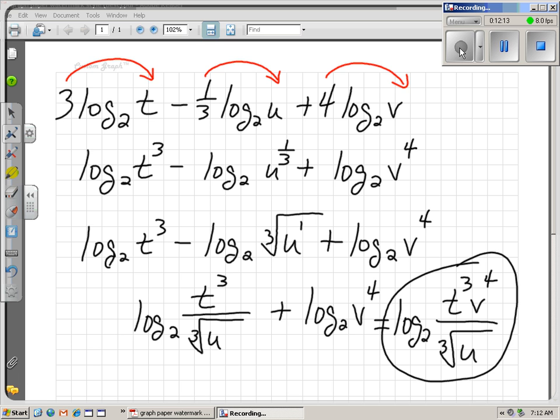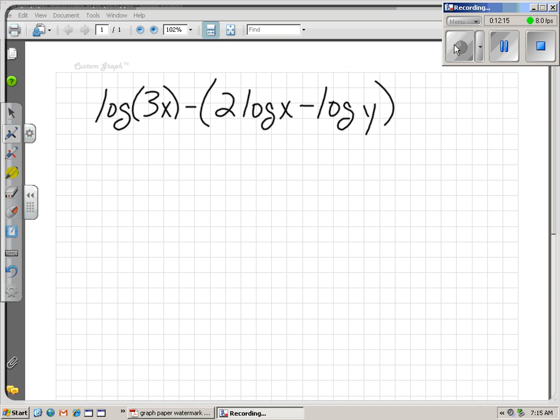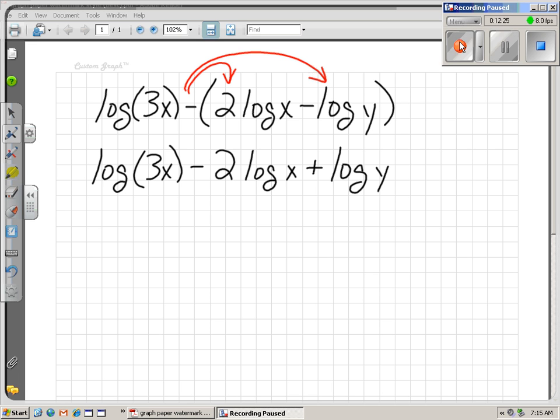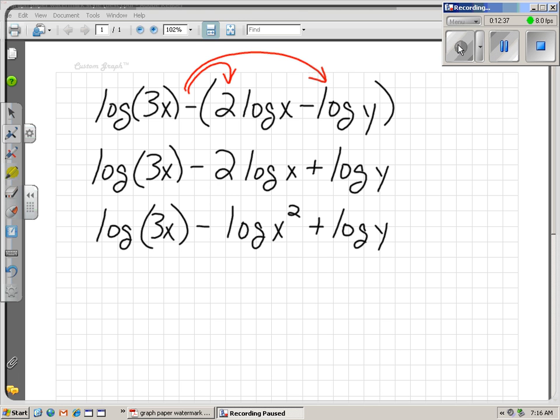Now here's kind of a tricky one. Let's look at this. First thing I'd probably do is eliminate those parentheses. I'd probably distribute this negative and straighten that out first, which changes the 2 log x to negative and the log y to positive. Okay, now I'm going to put the exponents back where they go. The only exponent I see is this 2, so I'm going to put that 2 back where it goes. And then I'll change that subtraction to division,